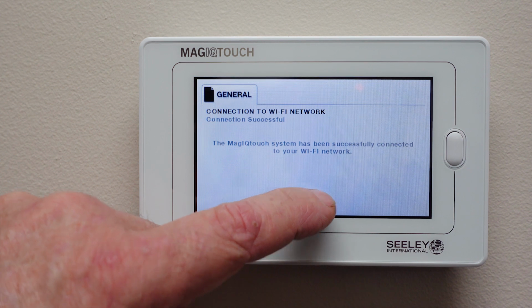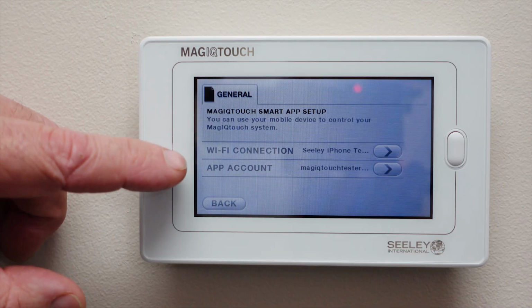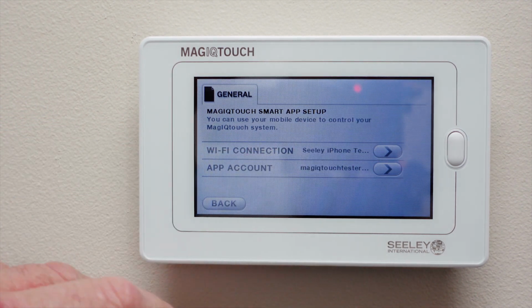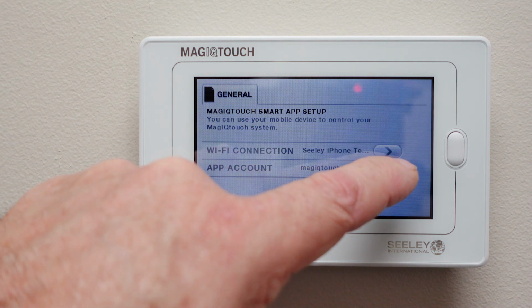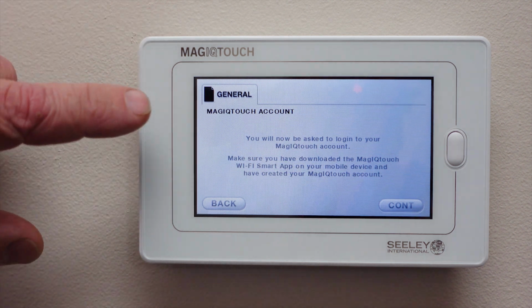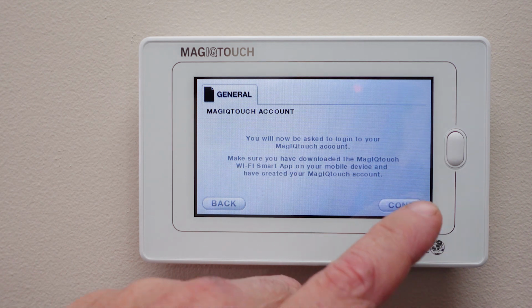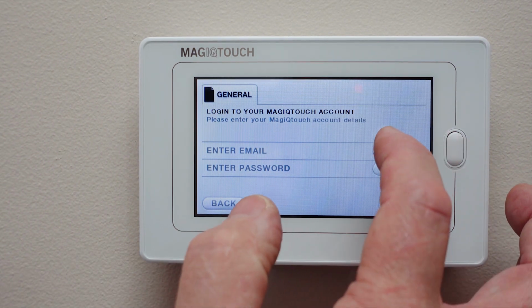You can now use the MagIQtouch Wi-Fi Smart App on your phone or mobile device. So we hit Continue. As you can see, we've now completed the Wi-Fi connection and it's connected to the Sealy iPhone Wi-Fi access point. We now need to enter our app account details. Now we've entered our Wi-Fi details, we come up with the next screen, which is connecting to your MagIQtouch account. So on here we push Continue and we need to enter the email password that we used to create our